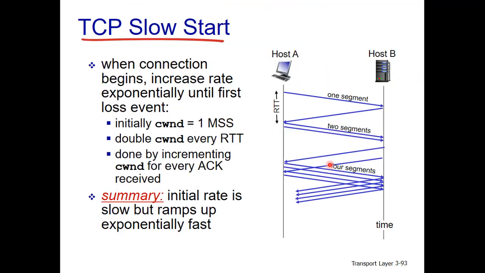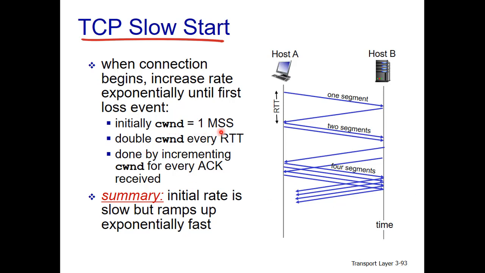So TCP uses slow start. First it sends 1 segment and gets the ACK, then it sends 2 segments. Once they get ACKed, it sends more segments. When those 2 segments get ACKed, it sends 4 segments, and so the window keeps increasing.